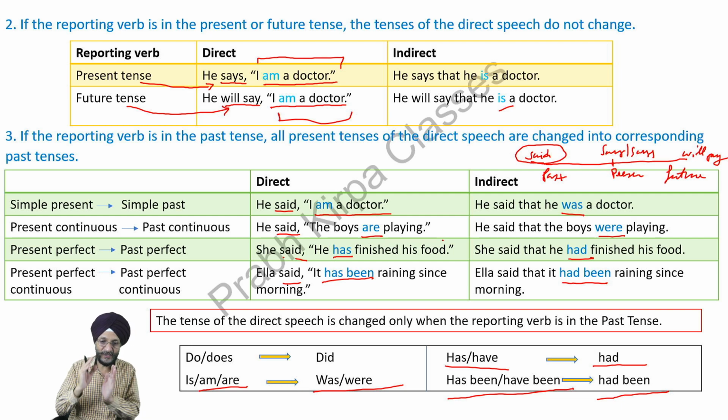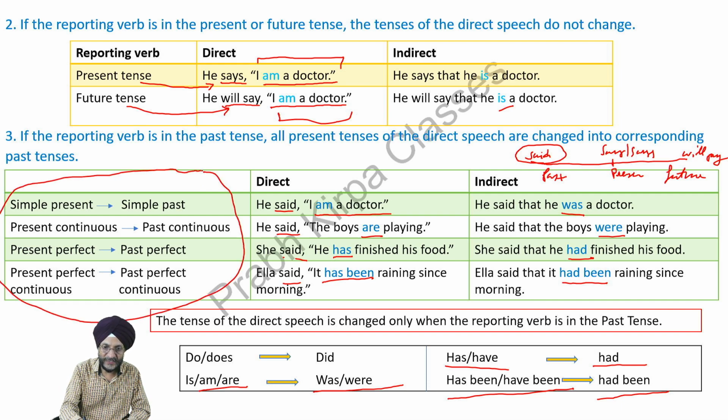When he was talking, it was in the past. So we have converted this tense into the past. He had finished his food. Ila said it has been raining since morning. Ila said it had been raining since morning. This is the rule